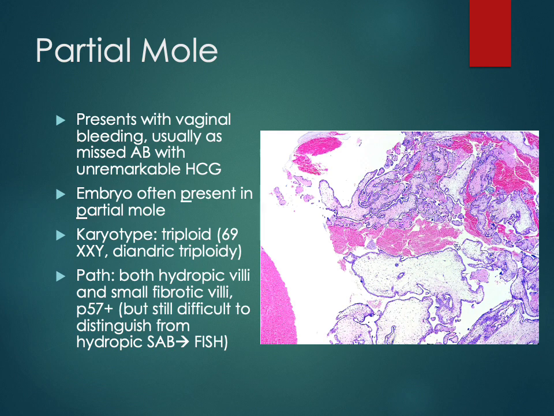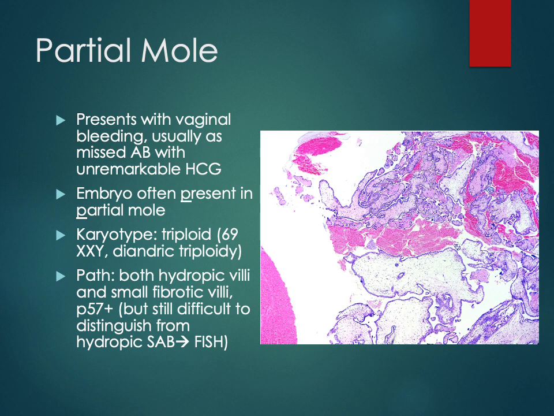These are triploid. And on path, you'll see both hydropic villi and small fibrotic villi, so it's kind of a mixed picture. P57 is positive, but it's difficult to distinguish that from hydropic SAB, and so sometimes you need a FISH. The P57, I always get this backwards, but it's a paternally imprinted maternal antigen that